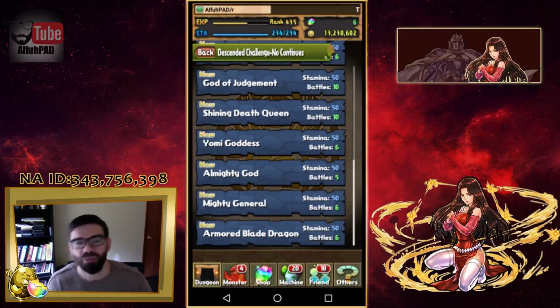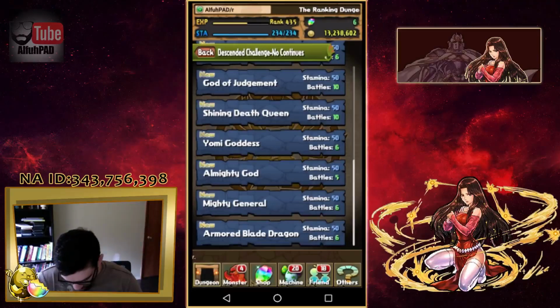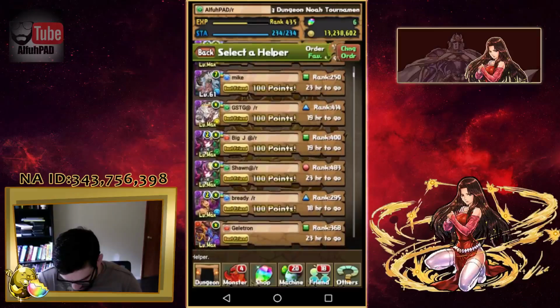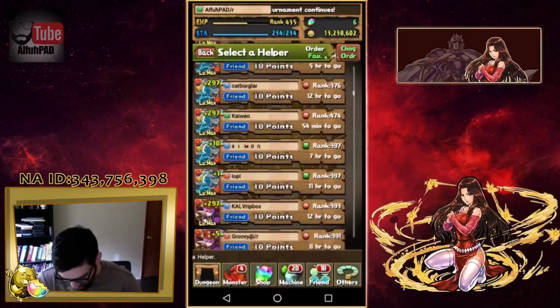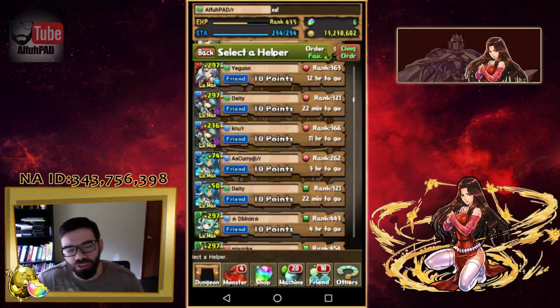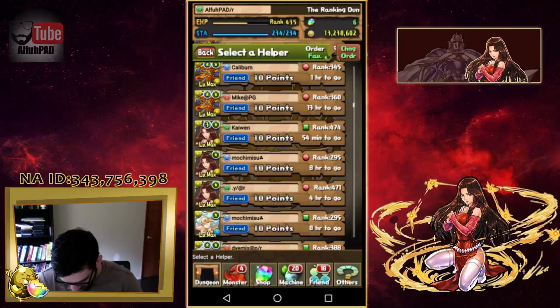And I'm going to be trying to run some teams I don't typically run. I thought it'd be a little more interesting if I go after some of these with some different types of teams. So, I'll typically run Shiva Dragon, Awoken Sakuya, Ra Dragon. So I'm trying this first one. I'm going to give it a shot with